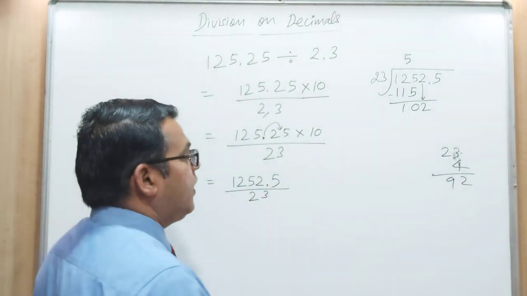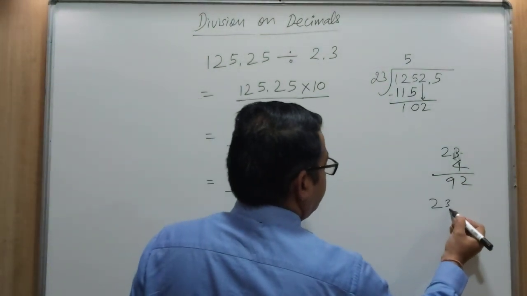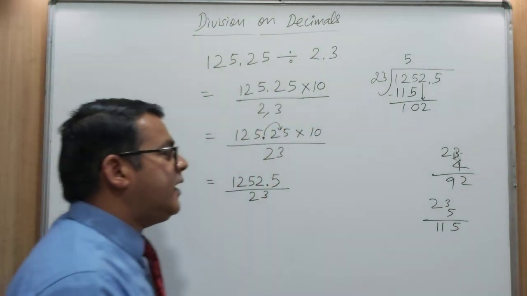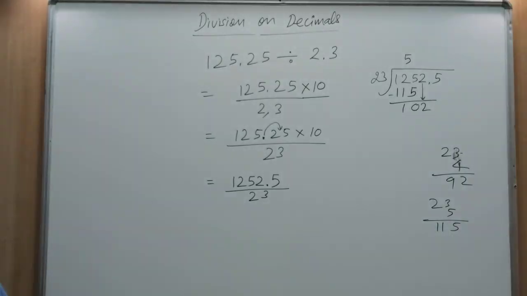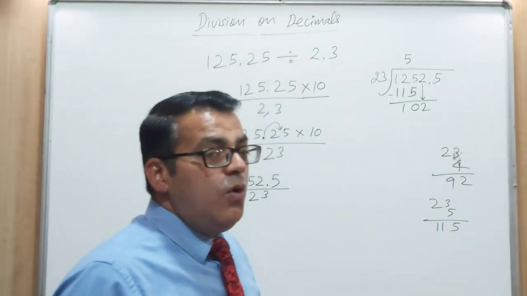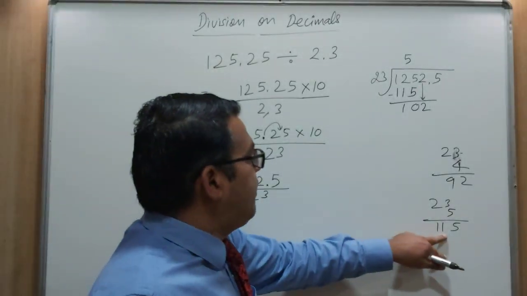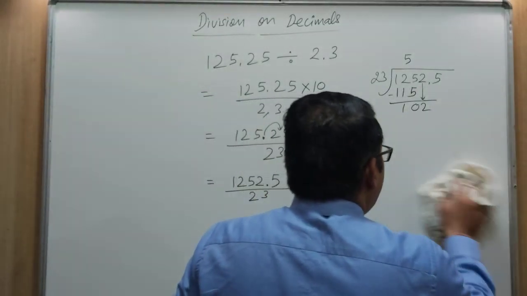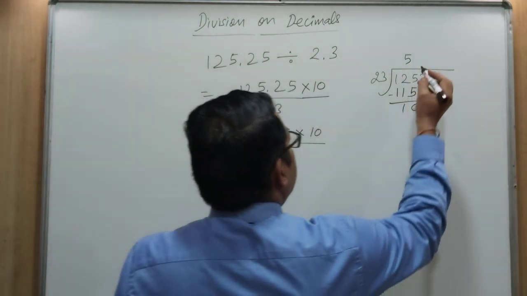92 times. Check for 5 also. 115: we have, if we divide 23 by 5, 115. So 115 is greater than 102, so we need to divide it by 4. So 4,